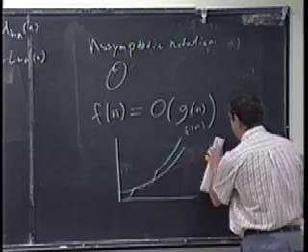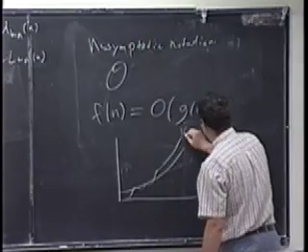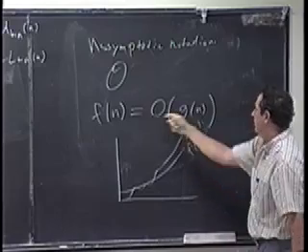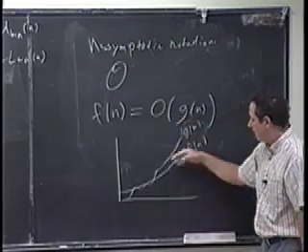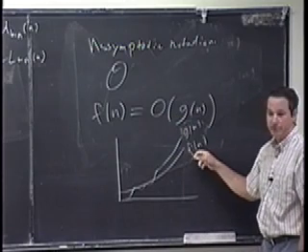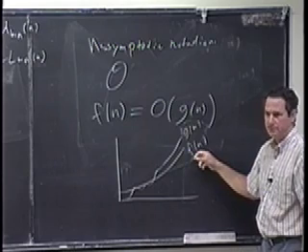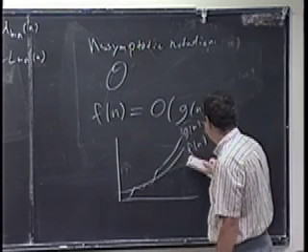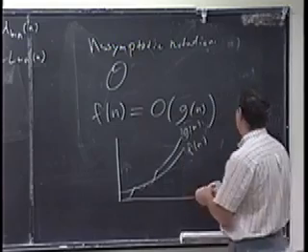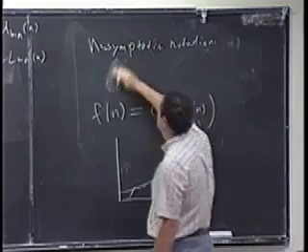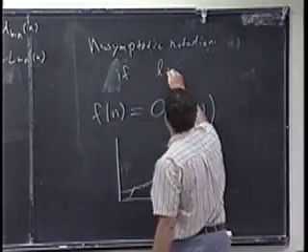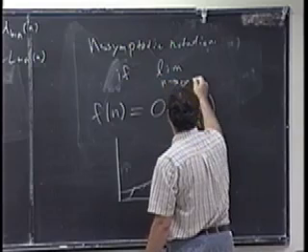I'm sorry, I just got it backwards. F of n is the function we care about, and that function is big O of g of n. It means that eventually and roughly, g tends to grow as quickly as f does, or more, so that f is bounded eventually by g of n. Let me write that a little more precisely. f of n is big O of g of n if, in the limit, as n goes to infinity,